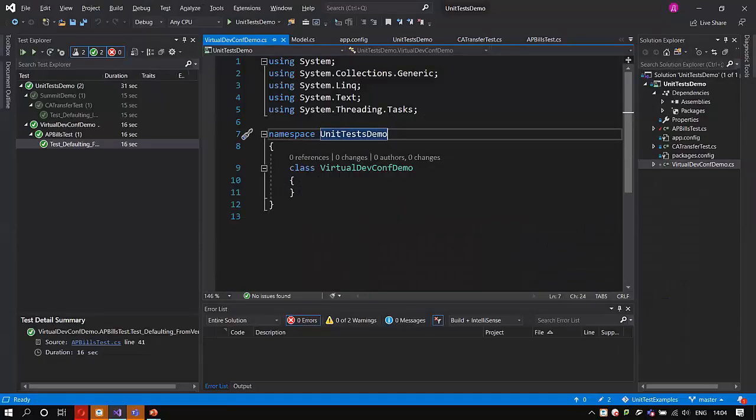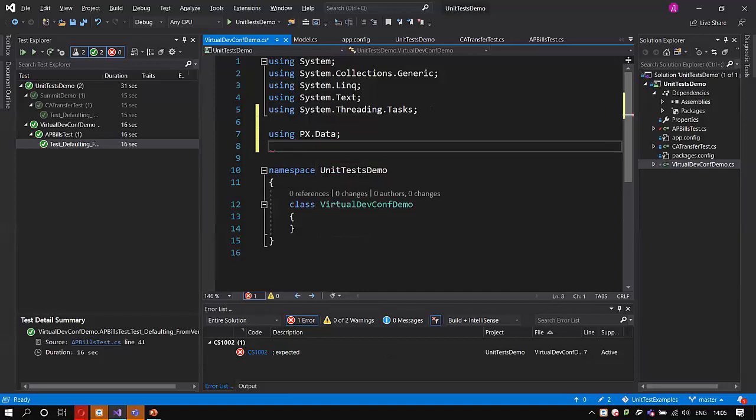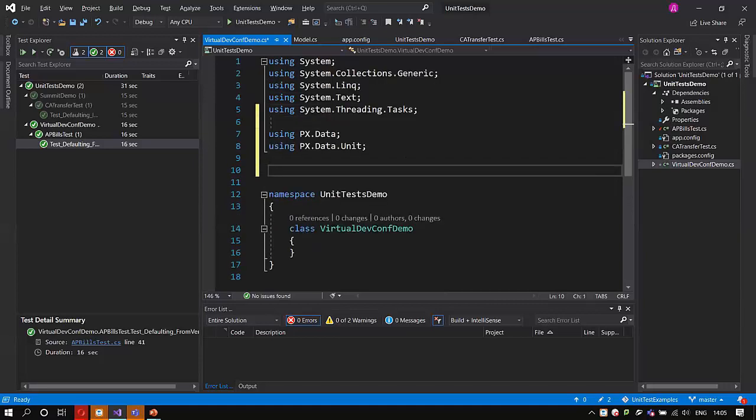So first of all, what we need is to include some references in our project, and those references are actually the things that allow us to, first of all, utilize the unit test framework. And to utilize the framework, we need PX.Data, and also we need px.data.unit. Besides, we would like to test AP screens, and for that we need